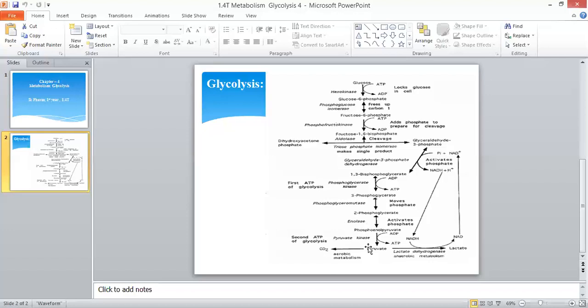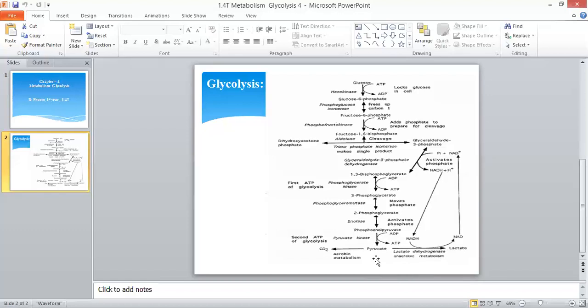In the next step, phosphoenolpyruvate is converted to pyruvate, and in this step pyruvate kinase is used as the enzyme. Then pyruvate is converted to lactate in the presence of lactate dehydrogenase,